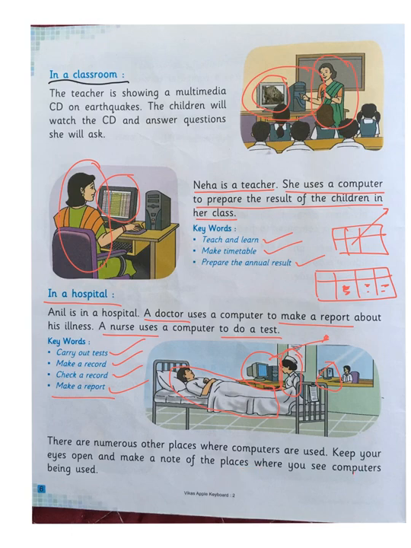So in this lesson, only some of the places and some of the uses of computer were mentioned, so that we can see that computer is a useful machine and it is very beneficial for humans. But we should also know that there are other places where computer is being used which is not mentioned in the lesson. So whenever you go outside or whenever you see anything, you should take note whether computer is being used in that place or not, and whether computer can be used in that place. Okay, so this completes our lesson. Now we will solve the exercises.